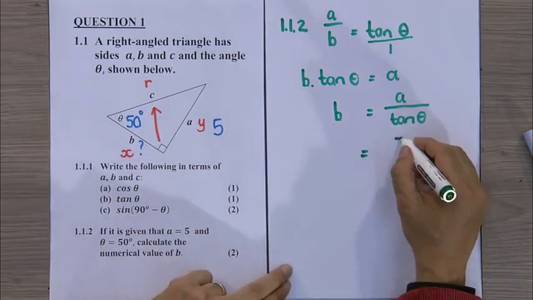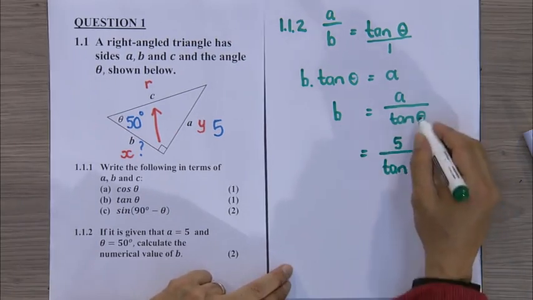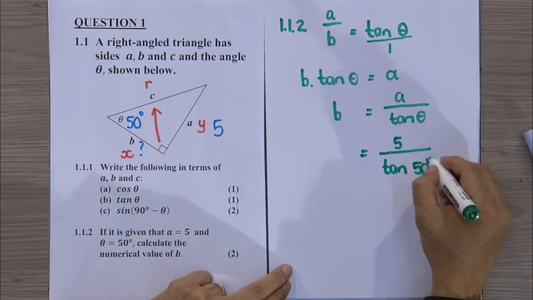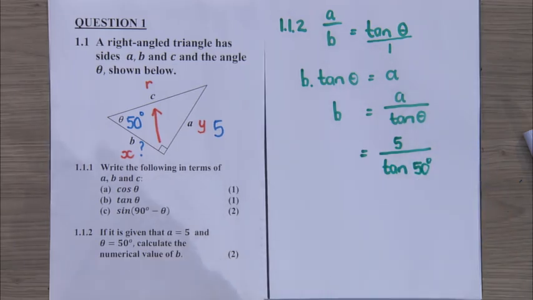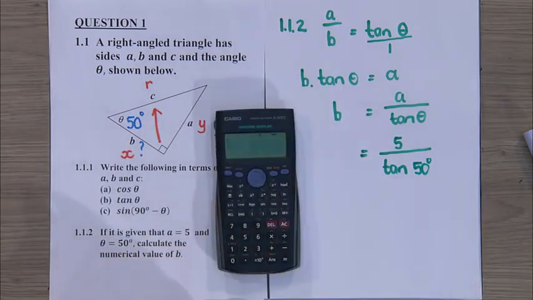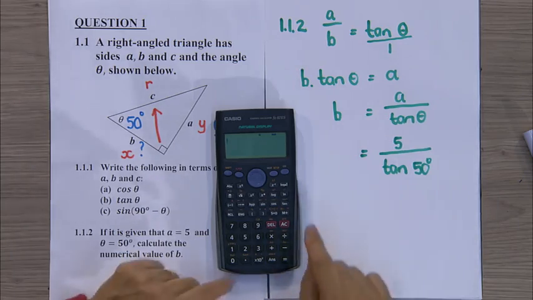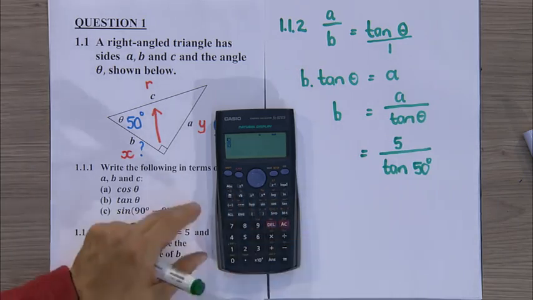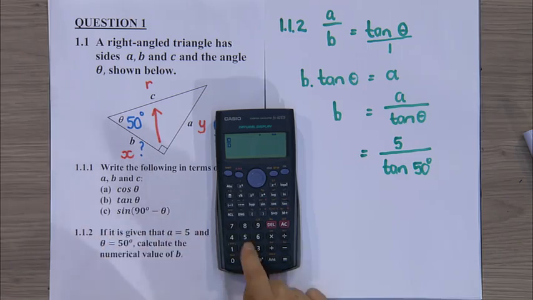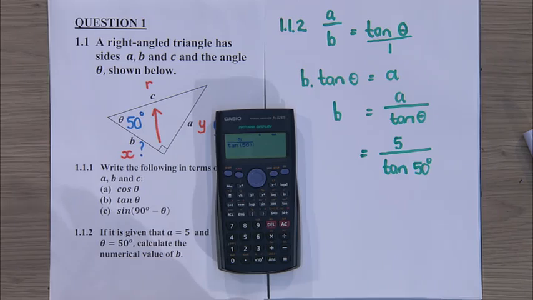What is A? A is 5 over tan. What is theta? Which is 50 degrees. So if you have that, I see we have Michaela, active. Michaela, can you send me the answer? Right? I think we know how to work the calculator by now. So if we have 5 over tan 50, remember all that we have to do. In the calculator, we have a feature of a fraction. So on top, we have 5. At the bottom, we have tan of 50 degrees. Right? Make sure you close the bracket.